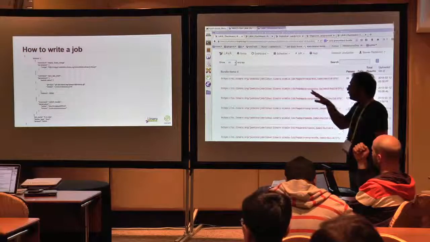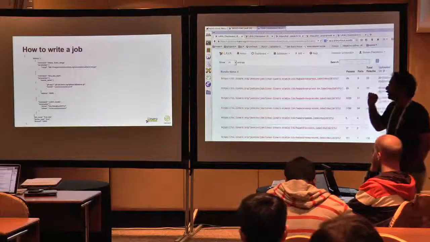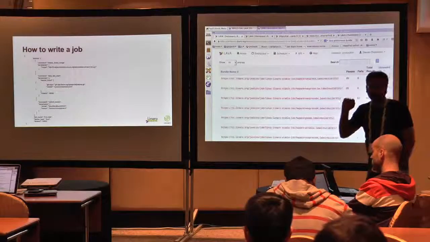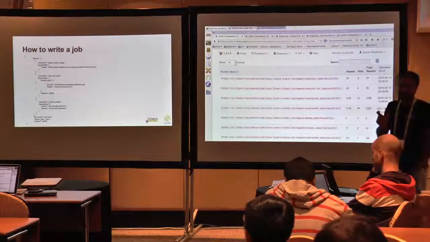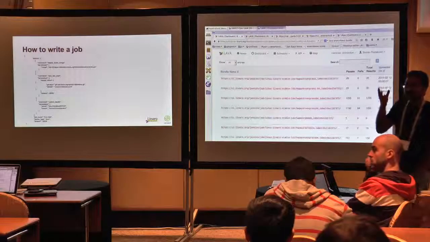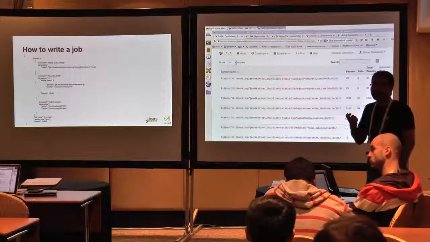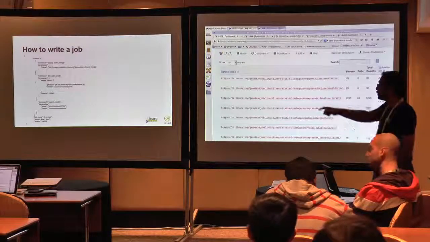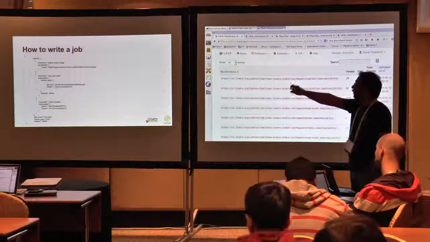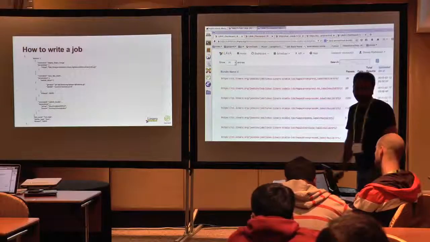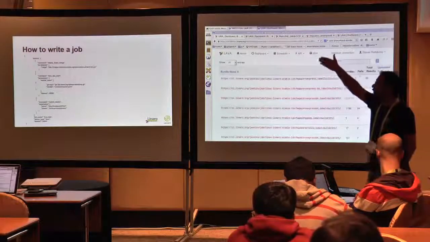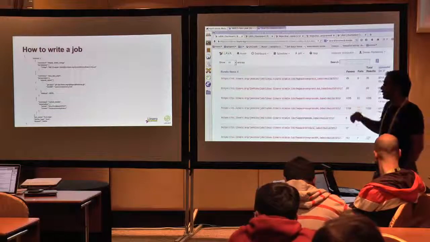And the second action you can see here is the Lava test shell action. Lava test shell is nothing but the actual action which takes your test definition and then runs it on your device. So here I've given a pass fail test to be run on the image which was deployed in the previous step.